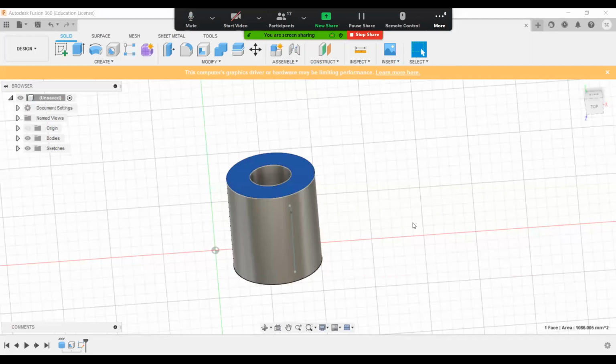Sir, can you see my screen? Yes, I can see your screen. So, sir, this is how it is looking, and it is not on the right plane, I know. I tried to make a handle of this also, but I don't think it is placed correctly. I want to increase the width from the upper side, and the lower part will be a little tapered. How can I do so?